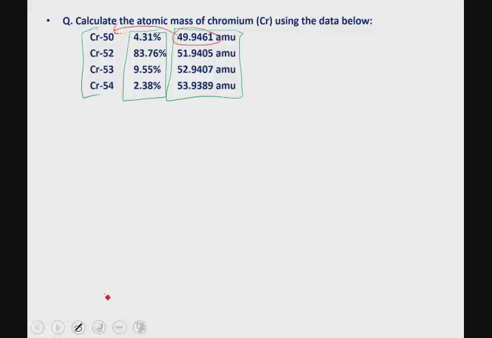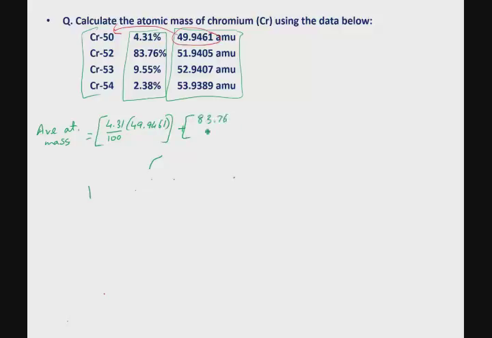Okay, so let's use the formula that we wrote down earlier to calculate the average relative atomic mass of chromium using the data given. If you remember the formula, 4.31 divided by 100 times 49.9461, plus 83.76 divided by 100 times 51.9405, plus